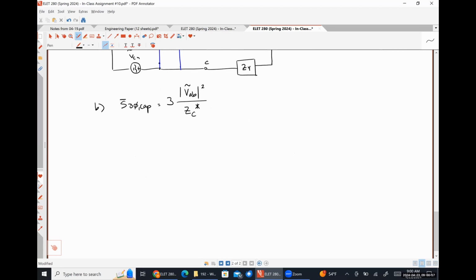squared, which, just as a heads up, is going to be 9 times what we had as the magnitude of VAN over ZC conjugate. So it's effectively just 3 times as much absorbed power. So 9 times 220 squared over 2I comes out to be